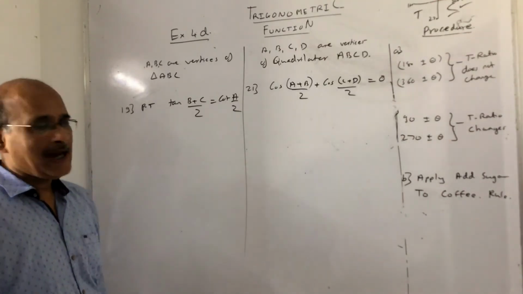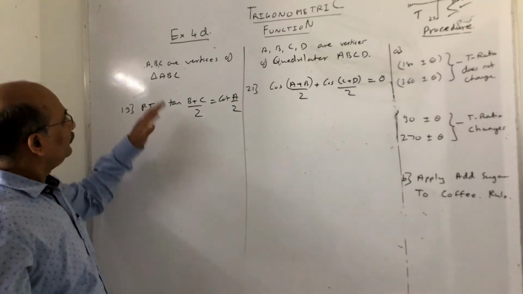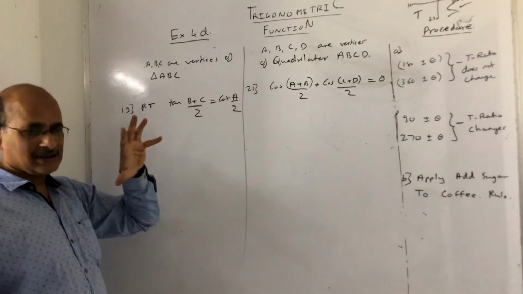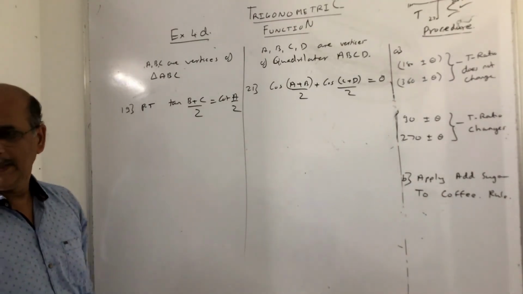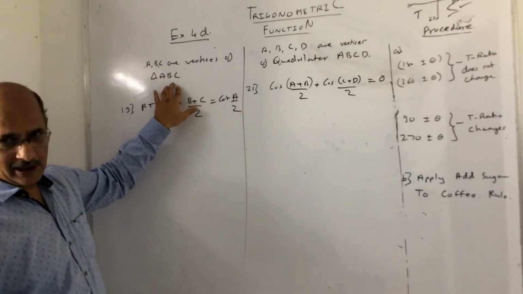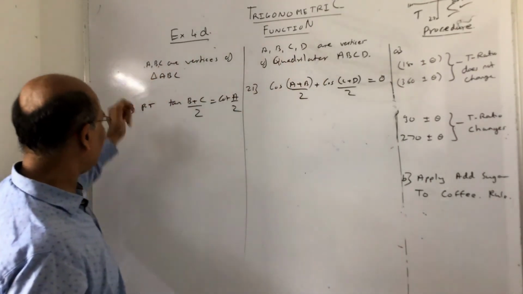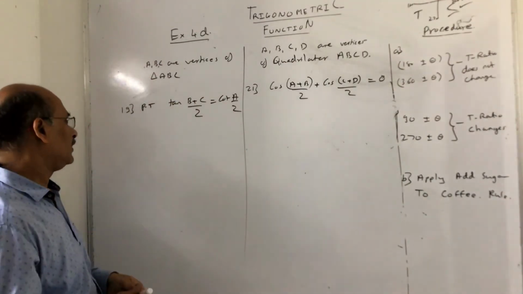Hi there, this is the last question of the session today, so please pay attention now. Two sums I have given, one is 19 and the other is 21. Both are working on similar lines, so that's why I took both the sums right away. Now they are telling us ABC are the vertices of triangle ABC, and ABCD are the vertices of a quadrilateral. This is the given information, and they are asking us to prove some statements.